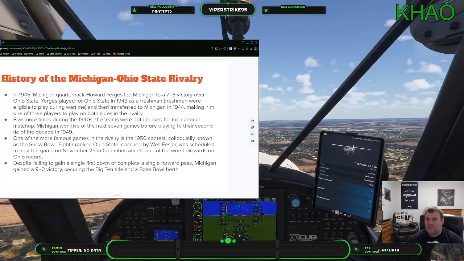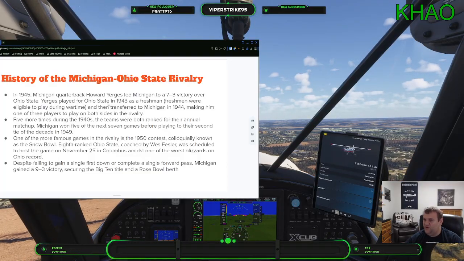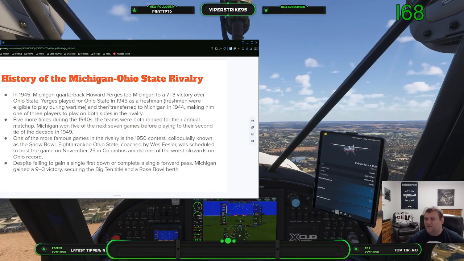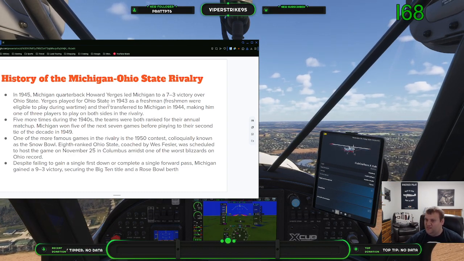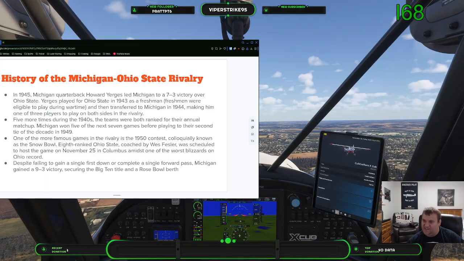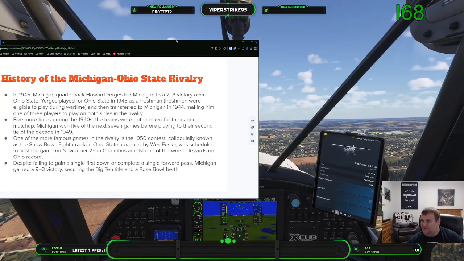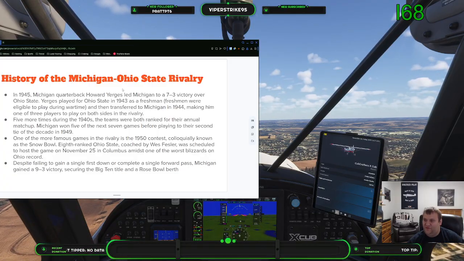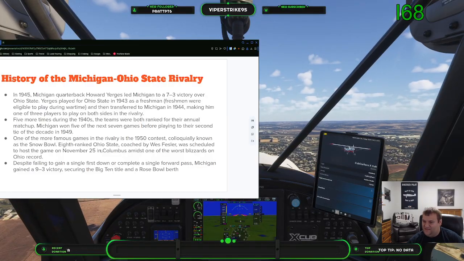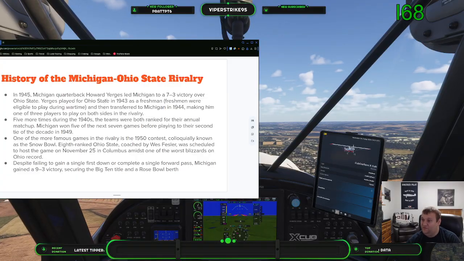However, this actually ended up being a big change for the rivalry, because Fesler's play calling led to his resignation, and they hired a new coach who is one of the most famous coaches ever in college football, Woody Hayes as his successor. And if you guys aren't aware of Woody Hayes, let me just tell you he had a very fiery personality, very fiery temperament, but he's also considered to be Ohio State's greatest coach.